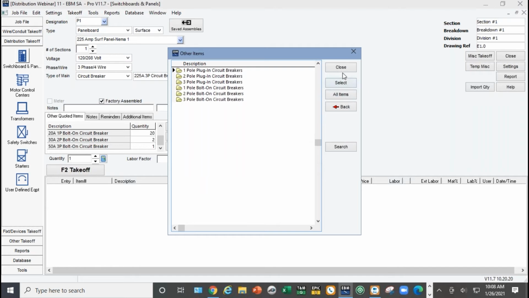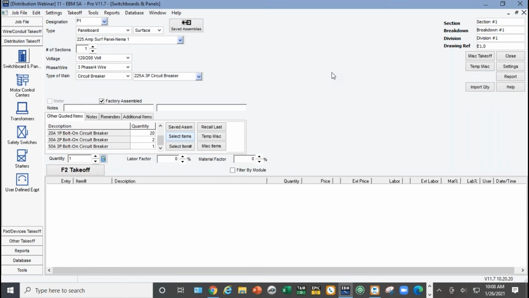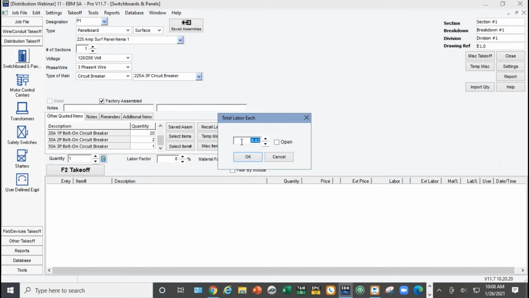So every circuit breaker I add here is adding additional labor, but only for the wire terminations. If you had unchecked factory assembled, it would give you more labor. So I'm going to go ahead and hit F2 takeoff here. And it tells me how much labor is figured for that panel board based on all the selections I picked